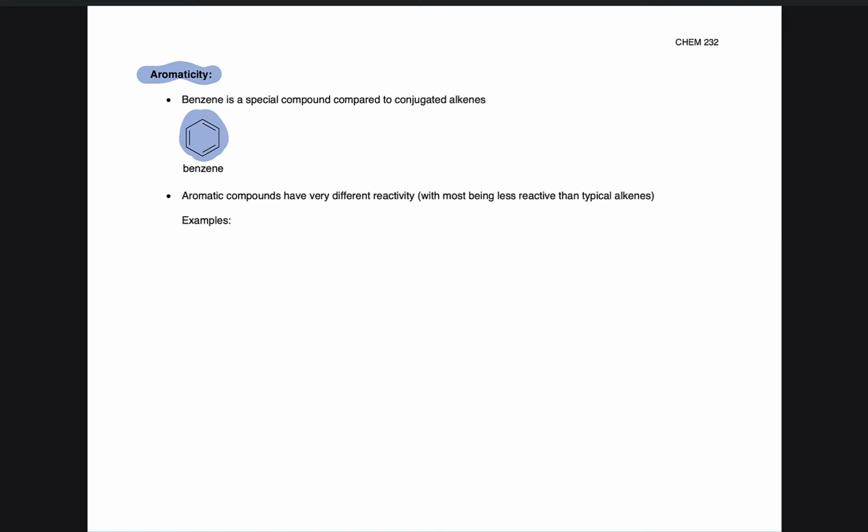But when we talk about aromatic compounds, they're really anything that has these characteristics. So a benzene ring is aromatic, and also some of these other derivatives. For example, benzene with a methyl group, toluene, that's aromatic. This other group here, a benzene ring with a double bond, styrene, is also aromatic. Naphthalene, that we learned about in the last video, is also aromatic. All these compounds have aromaticity.